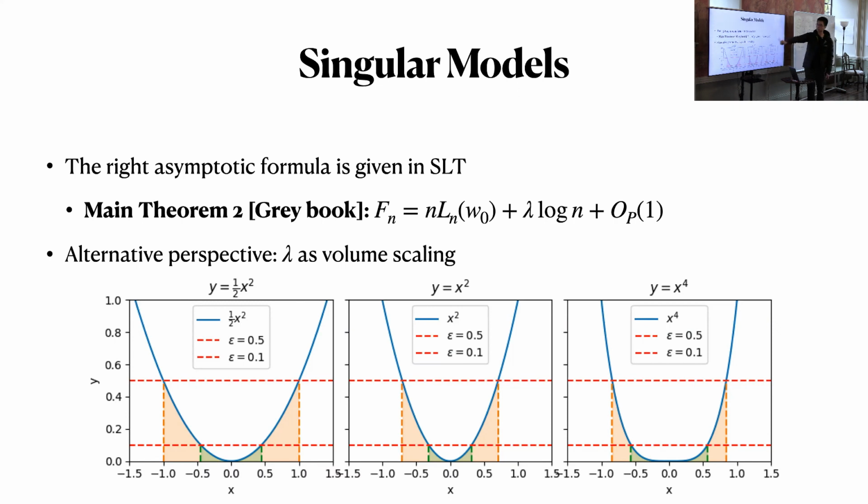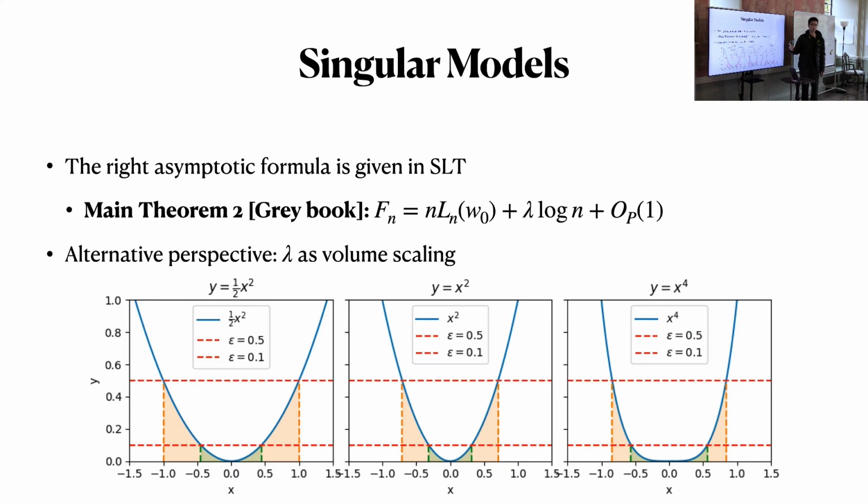So for a regular model where you have a quadratic potential well, as epsilon becomes smaller and smaller, as you want better and better solutions, you need to specify closer to the optimum more. But for a singular model, so this is an x to the 4 well, that volume goes